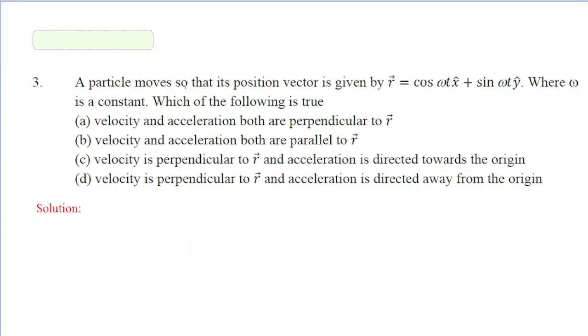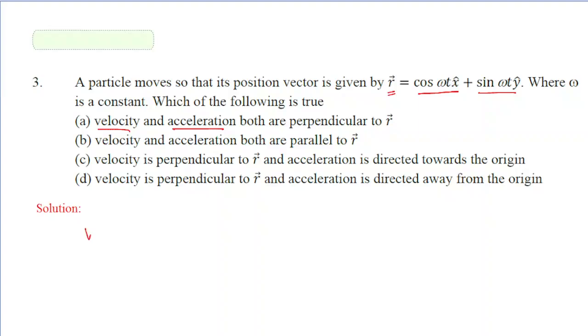Third question is, a particle moves so that its position vector is given by vector r equals cos omega t x cap plus sin omega t y cap, where omega is a constant. Which of the following is true? The options are related to velocity as well as acceleration. Since all the options contain those things, let us first find out what velocity and acceleration are expressed in terms